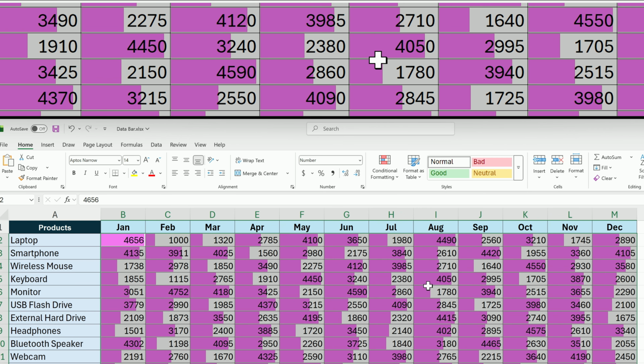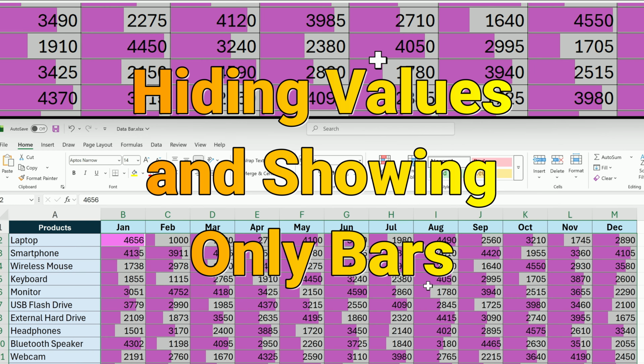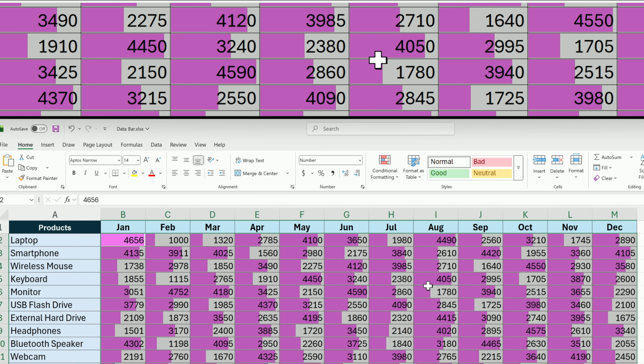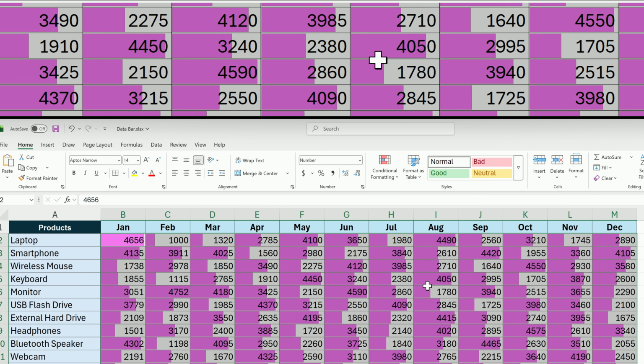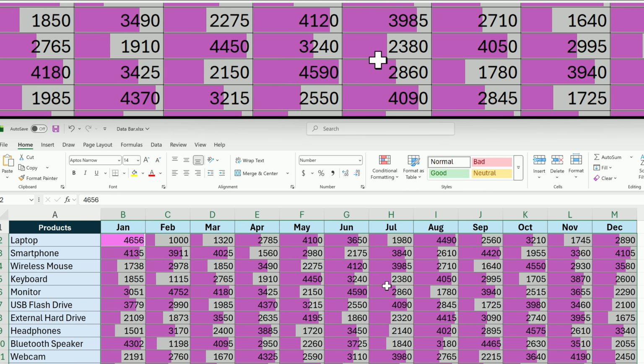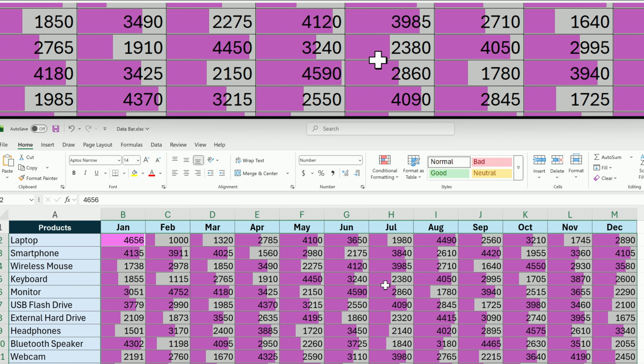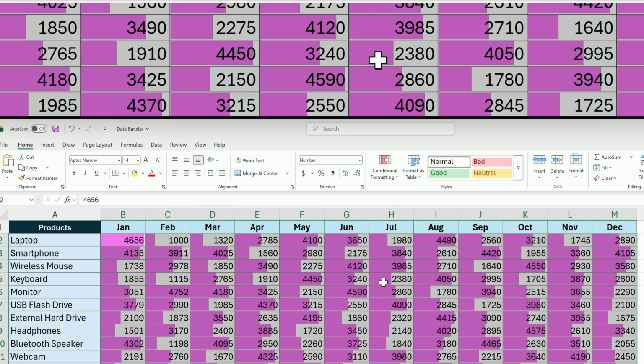Your data bars now reflect those customizations throughout the entire range. Hiding values and showing only bars. There is also an option to display only the bar without showing the actual number value alongside it. You might wonder when this would actually be practical. Consider situations involving sensitive information. Imagine you work in a human resources department and need to present salary data across various departments during a meeting. Projecting exact salary figures onto a screen where many colleagues can see them might create problems. However, showing just the bars gives everyone a general sense of how salaries compare between departments without revealing the precise